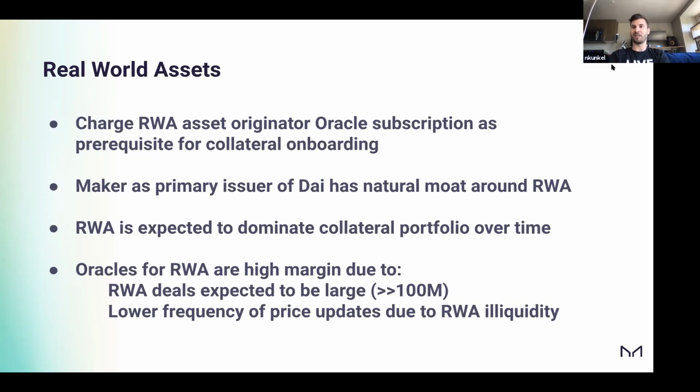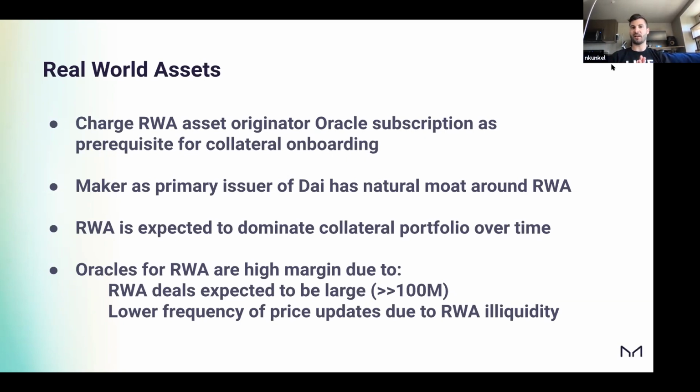There's not going to be enough liquidity on other platforms to take that without hugely impacting the rates on those platforms. And so Maker, in my mind, is really just the force to be reckoned with here, where real world asset originators are going to be flocking to us because of this unique service that only we can provide.